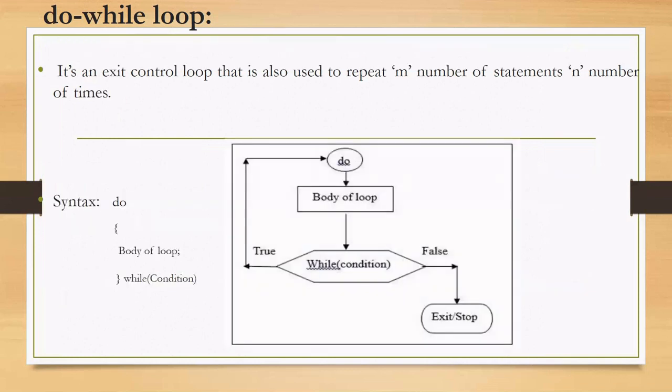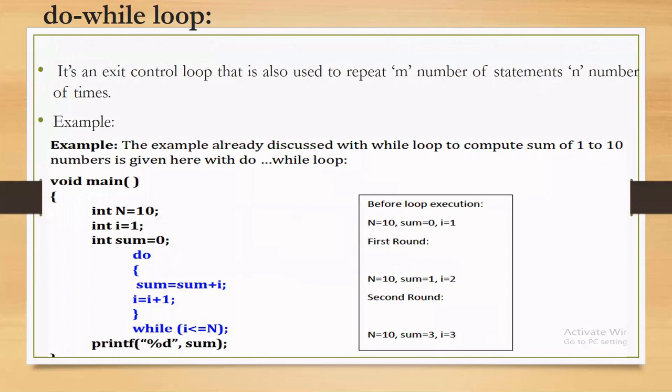Next we'll see the flow chart. As we understood from the syntax, first there is the do. It will start doing, so directly it will go to the body of the loop. After finishing the body of the loop, it will go to the condition statement, where the while condition is mentioned. If this condition is true, again it will go to the do. Again it executes the body of the loop, and again it will go to the condition. It repeats until the condition fails or is false. Assume that the condition is now false. If it is false, it will not go to the do statement. Directly it will come out of the loop, and finally go to the exit or stop state.